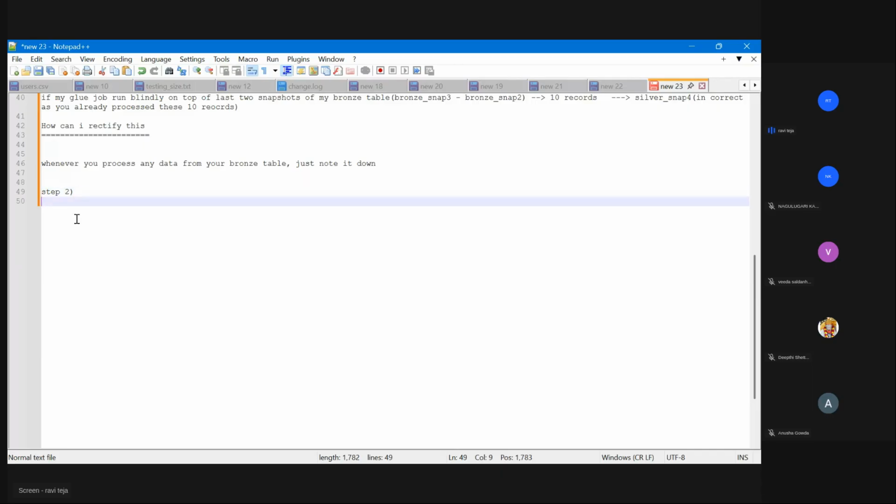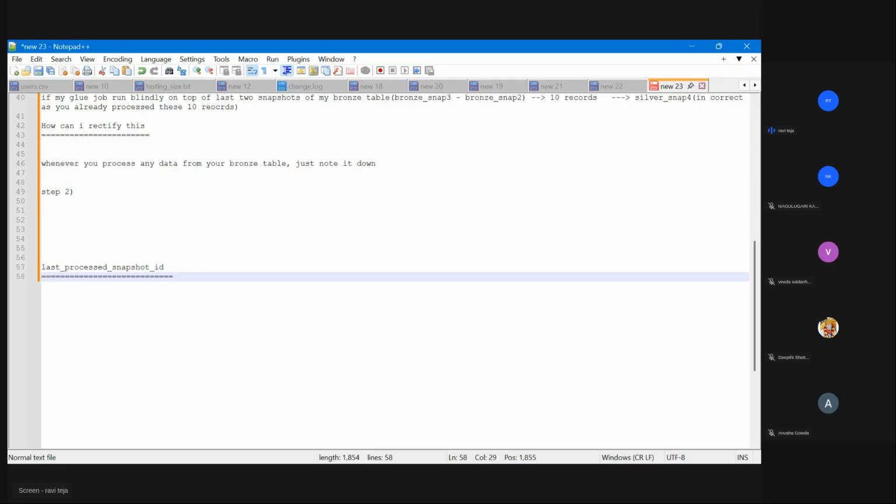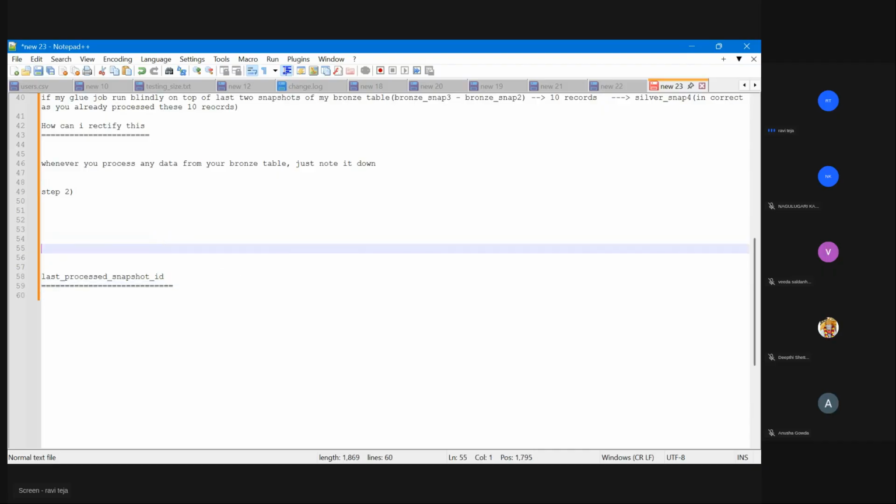Let's maintain some last processed snapshot ID here. Last processed snapshot ID. So somewhere, maybe some table, someplace in my mind. Let's store the below value in my mind.